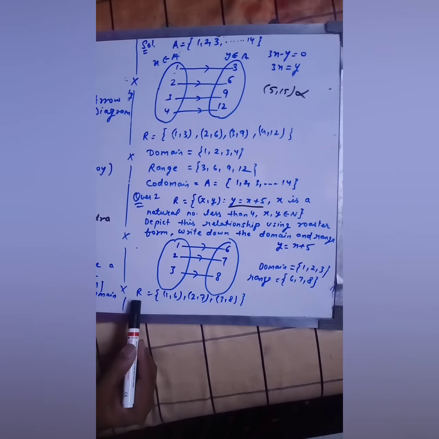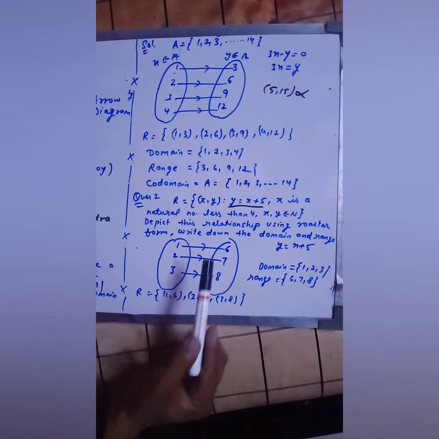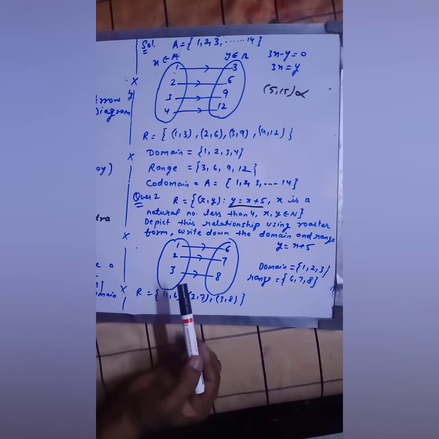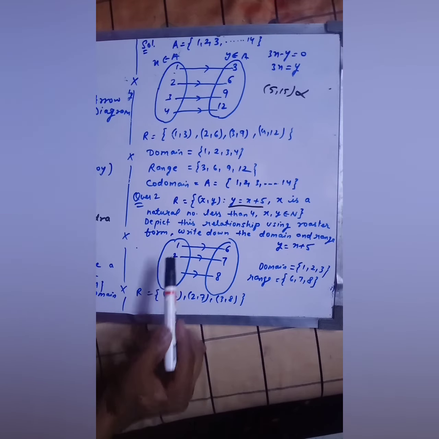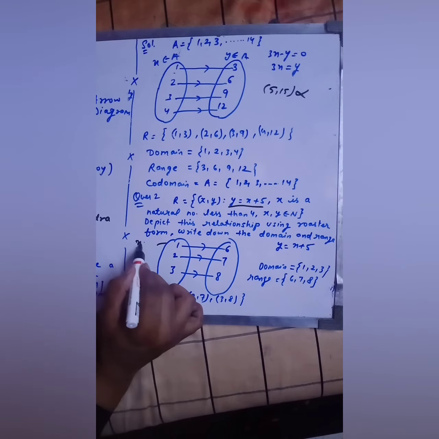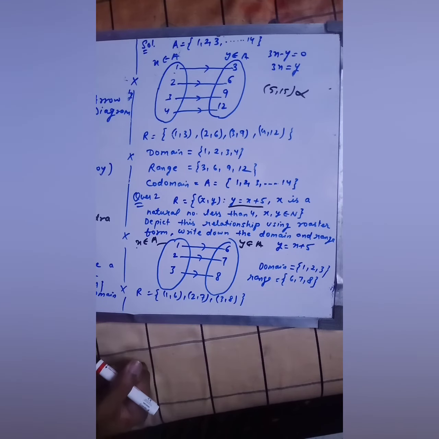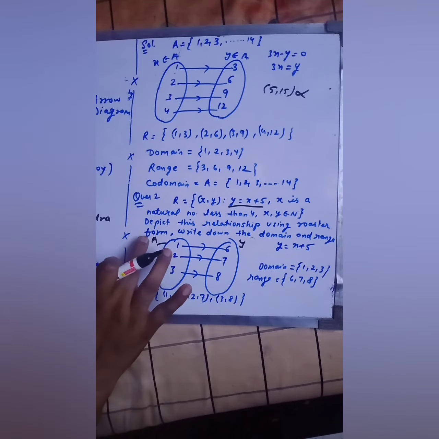First of all, we have to find out the relation. So what will be the relation? The value of x which you can take should be less than 4. That means the values of x which you can take are 1, 2 and 3, because it's a natural number. These are 3 numbers less than 4. If we put x equals to 1 here. Here this set belongs to x and it is A, and this belongs to y and it also belongs to A. This is y actually. This is your x.